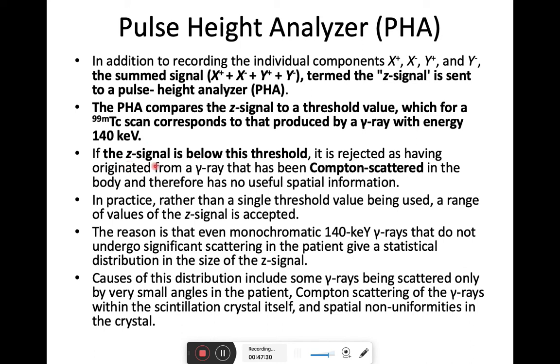For example, if the Z signal is below this threshold, it is rejected as having originated from a gamma ray that has been scattered in the body, and therefore has no useful spatial information. Okay,